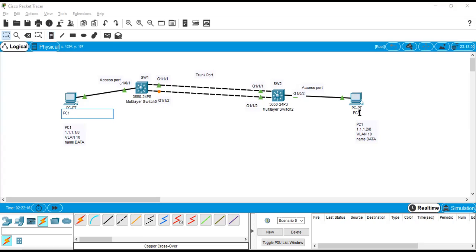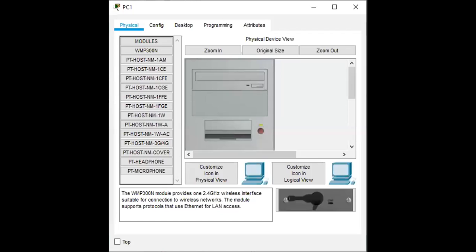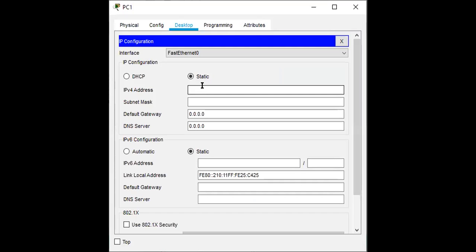This is PC2. If I go to PC1, desktop, 1.1.1.1.